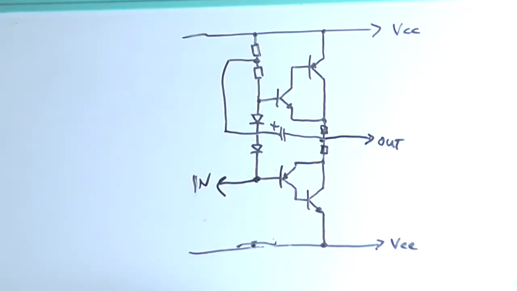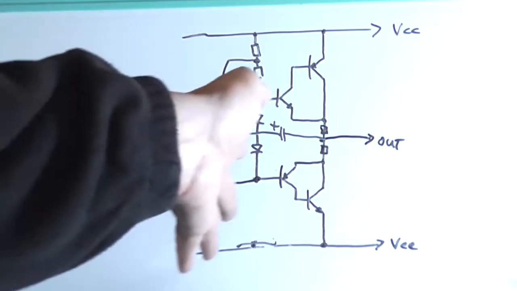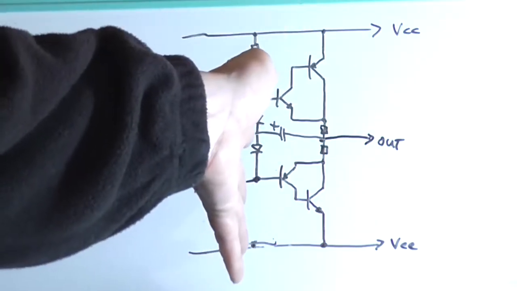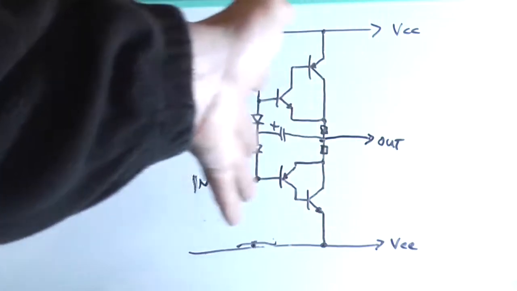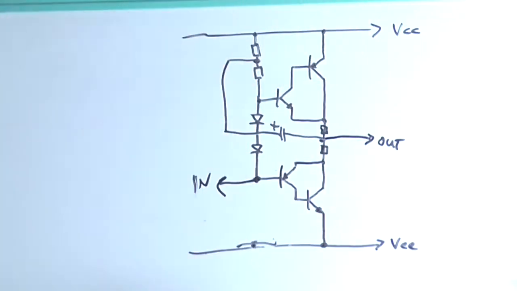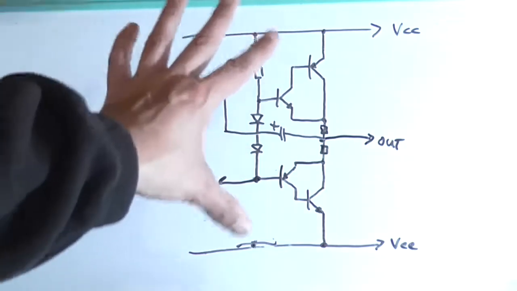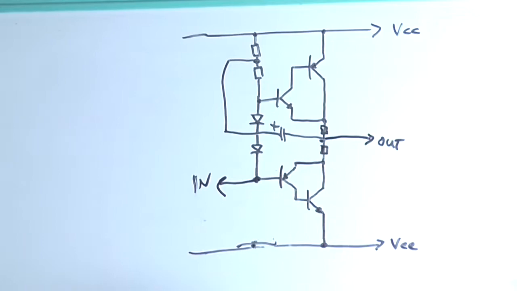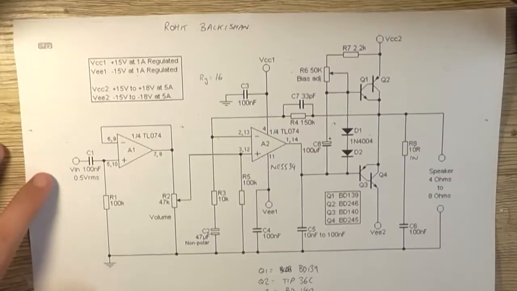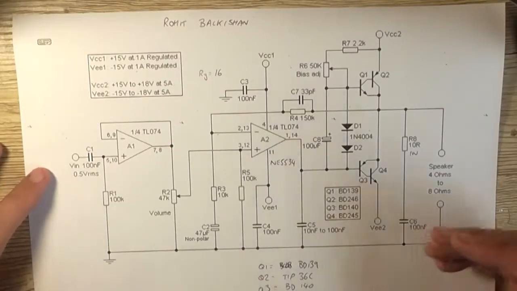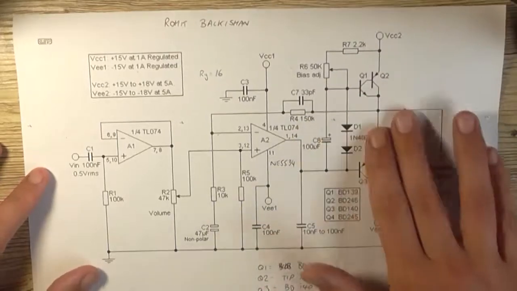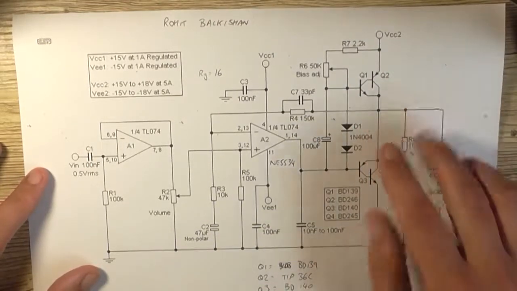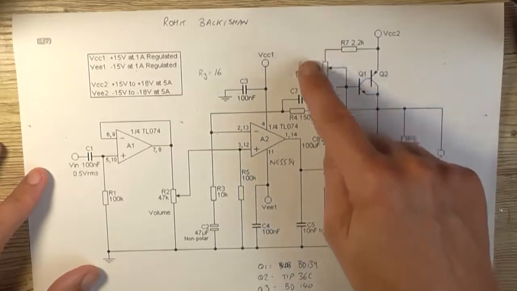Now, granted that this topology with the OpAmp IC is not going to produce a lot of wattage, just bear that in mind. But let's get back to the original schematic. Meanwhile, back at the schematic, as I said, we're going to test this output stage on its own, and then look at bootstrapping the